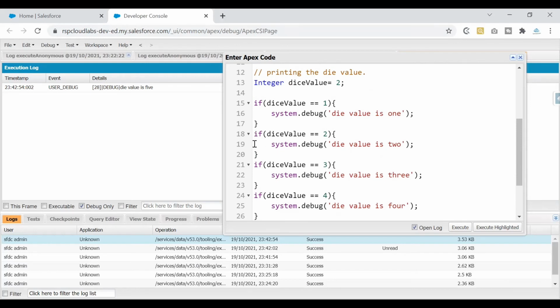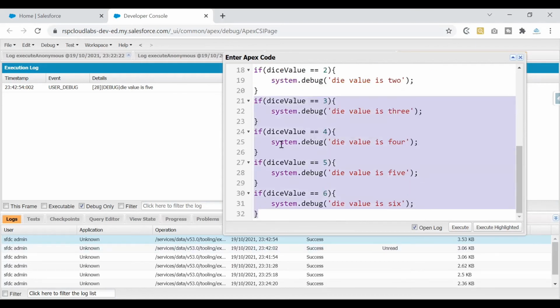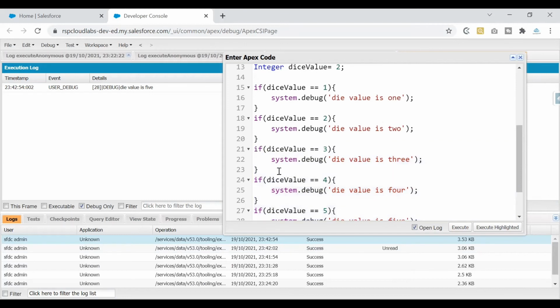That is where we get this logic called else if. What is this else if logic? Else if logic basically came into the picture to avoid these scenarios. If the first condition is satisfied, we do not want the rest of the code to be executed. If that is not the case, then we want the system to execute the second piece of code to check if the condition is satisfied. If that is satisfied, we do not want the rest of the code to be executed. If that is not the case, we want to proceed with the third one. We check if that condition is satisfied. If yes, go ahead and execute that logic. If not, then go ahead and execute the other pieces.